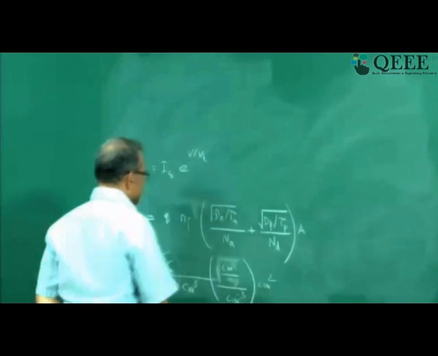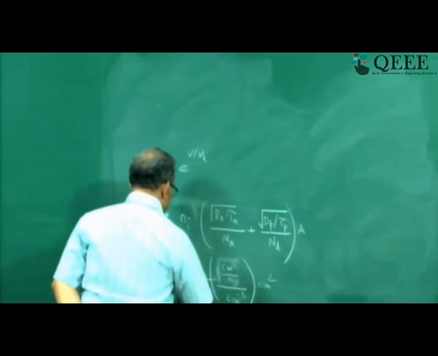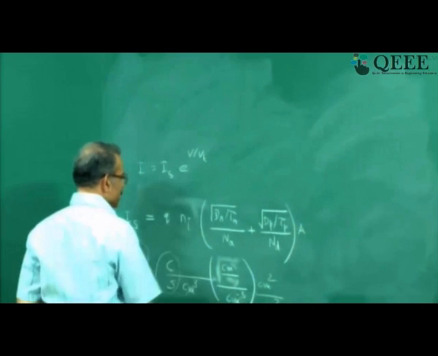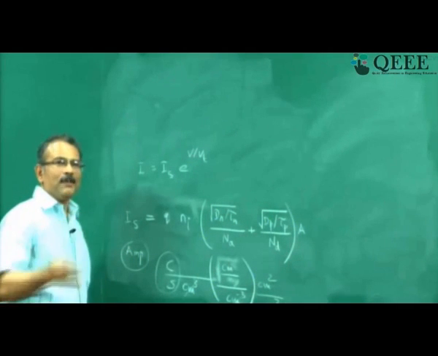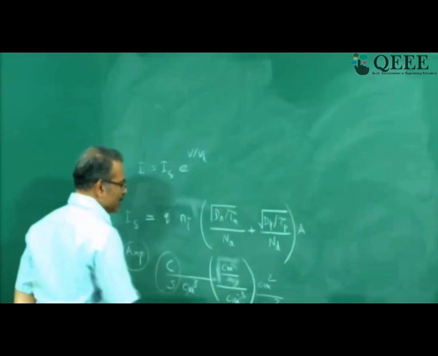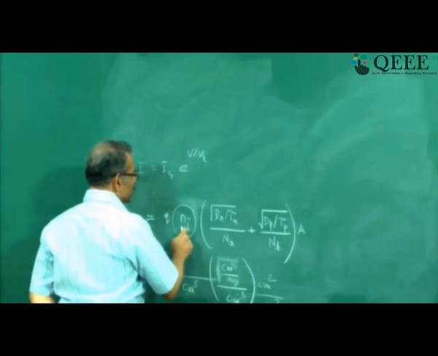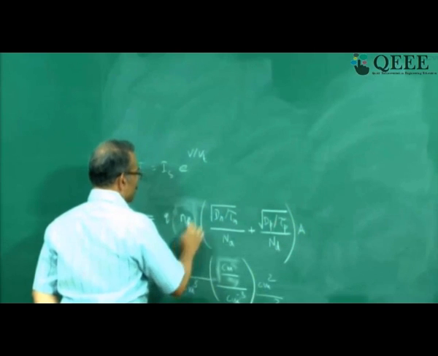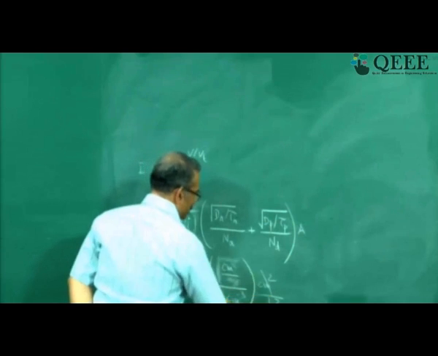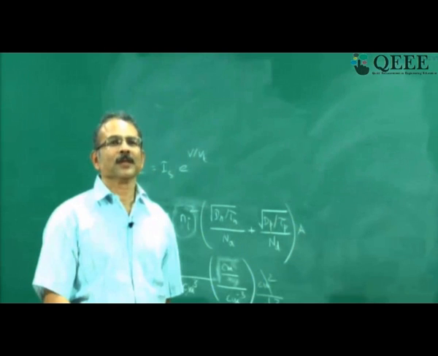I can also know what kind of mistake I have done because I need to cancel this term. The only way I can cancel this term is I should get another centimeter cube in the denominator, per centimeter cube, and then if I know a little bit about semiconductor devices, then I know that the only term here which can give me centimeter cube is a concentration term, right? So then I realize, oh, I have forgotten to square this. If I square it, then I will get a centimeter term and then all this will cancel, I will get amperes, right?